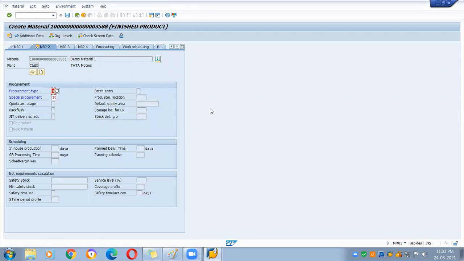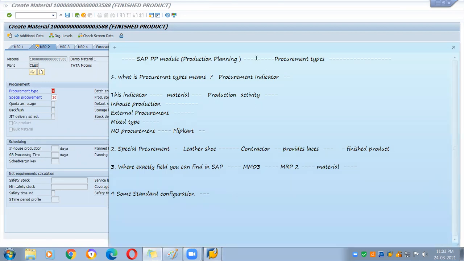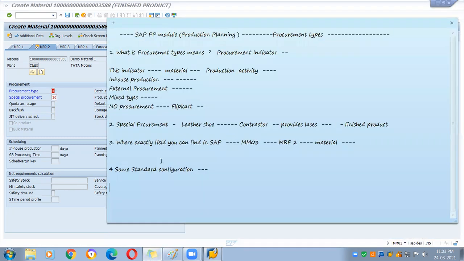Now SAP configuration also allows you that the procurement type can be predefined using the material type.